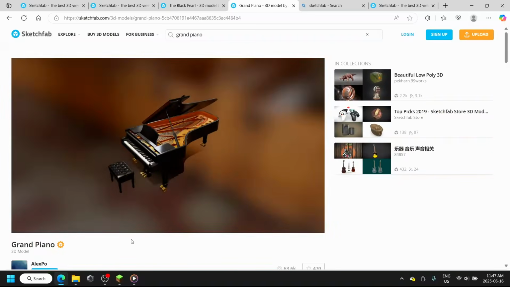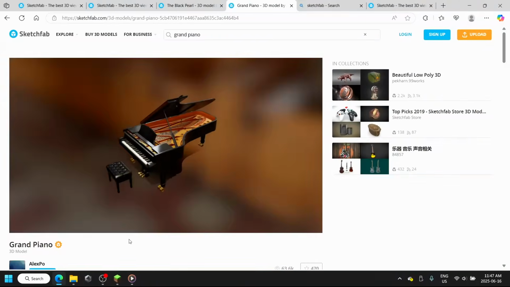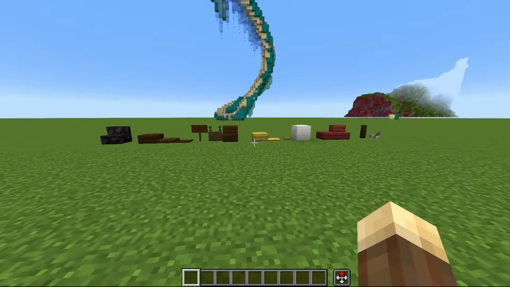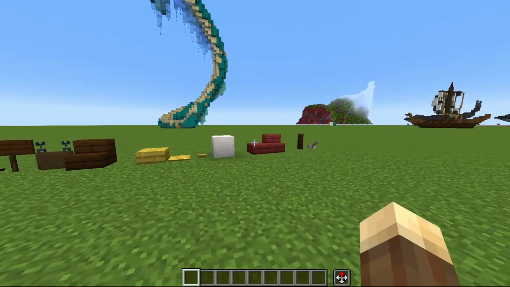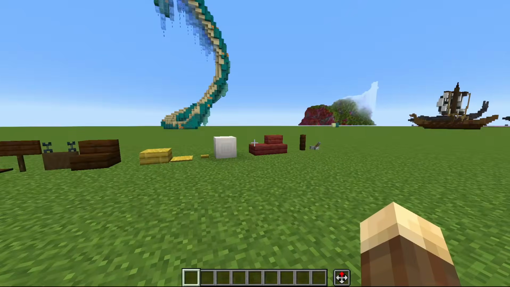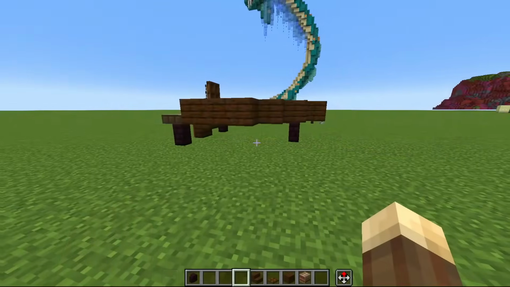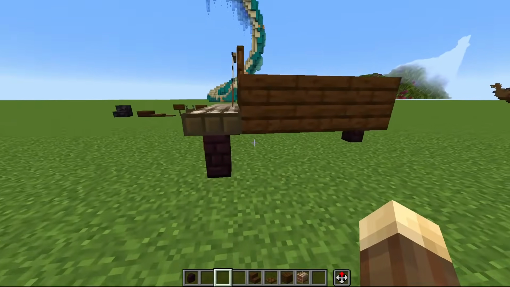So let's hop back to our creative world and start working on this. We're going to go for a dark oak outside, and the interior is probably going to be a mix of bamboo and mangrove. Since it's probably going to take me a while to figure this out exactly, I'm going to skip ahead a little bit to when I figured out a little bit more of what this is going to practically look like. Alright guys, so I've been doing a little bit of work, and as you can see, this